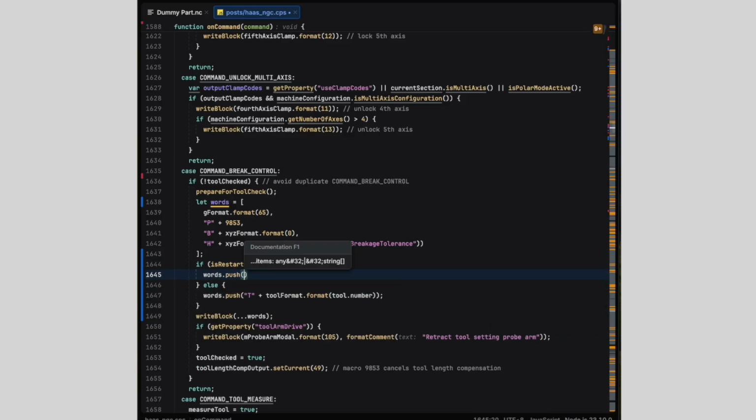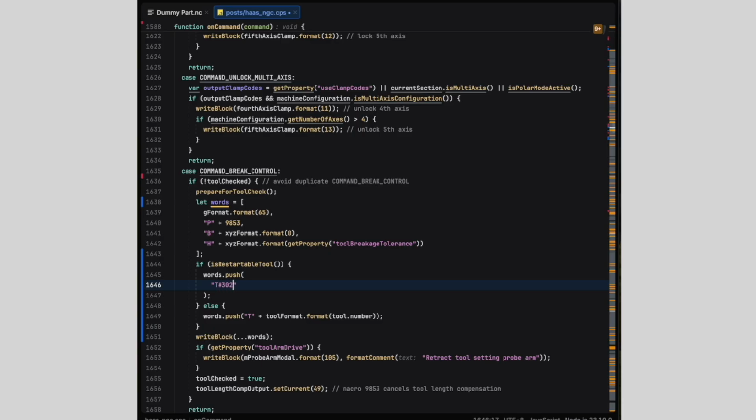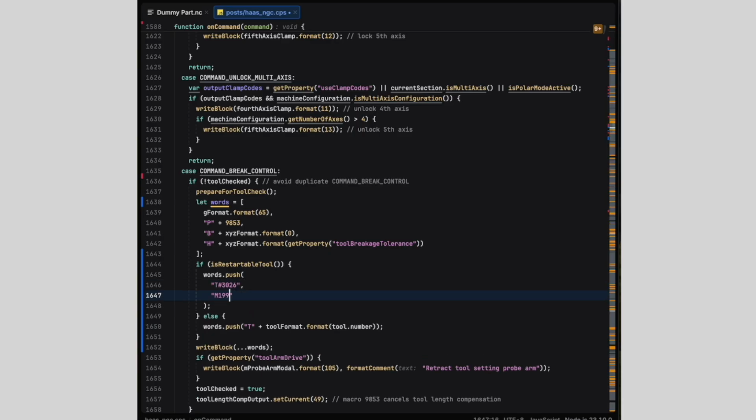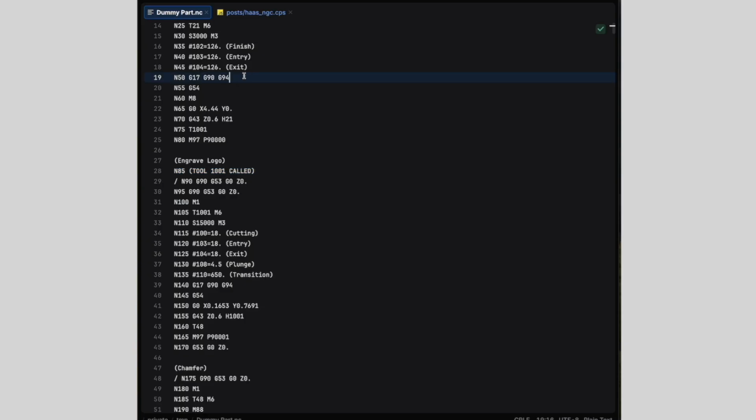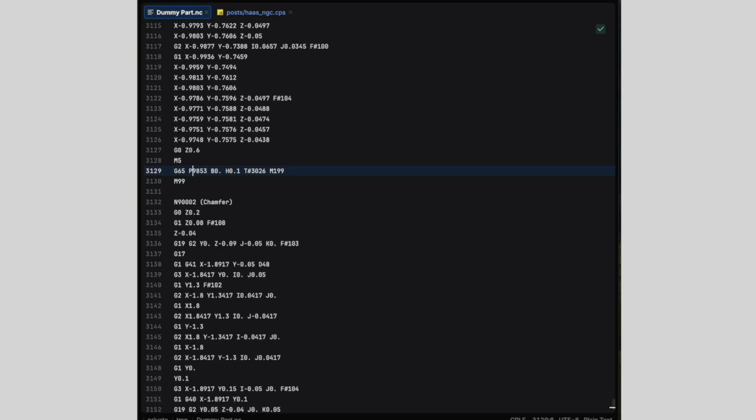We'll use macro variable 3026, the current tool in the spindle, instead of the section's tool number. If the section is restartable, we'll add the M199 parameter and call it writewords with the accumulated arguments. A quick repost verifies that we have the expected changes.